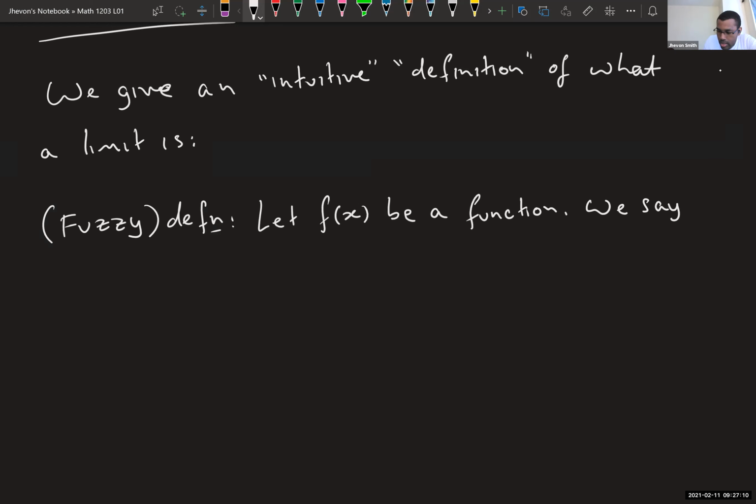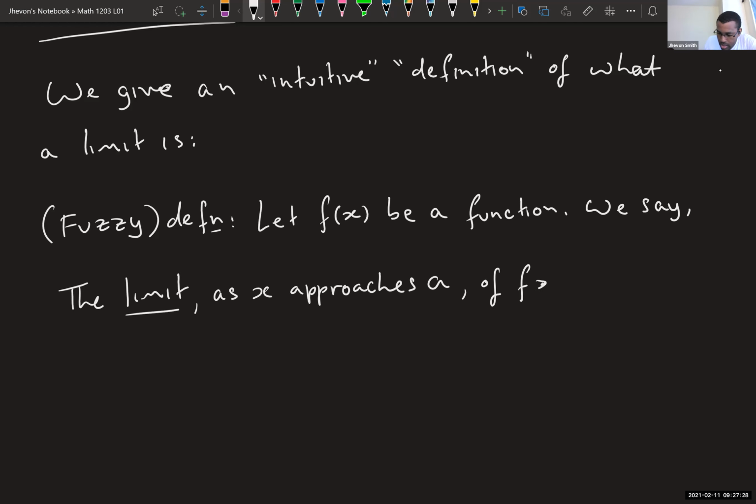We say the limit as x approaches a of f of x is L